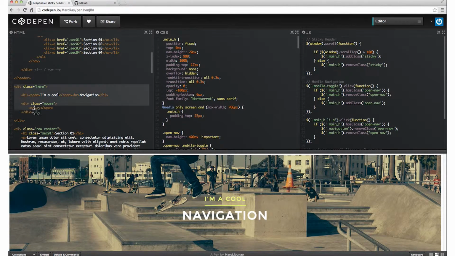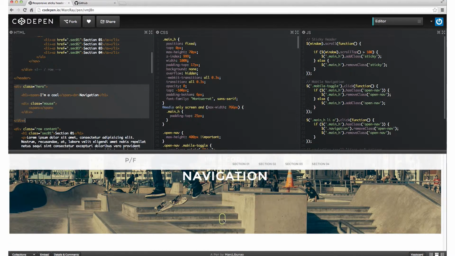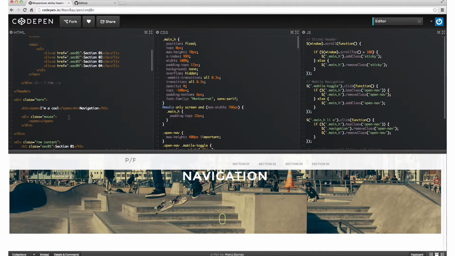And so the container for that hero graphic is right here. And you can see the text that says "I'm a cool navigation" is there. And then as I mouse down, there's a little mouse telling me to scroll on the scroll wheel. So that is in a class, and there's a little span in there. So these are all building blocks that allow us to work with this web page in a certain way.